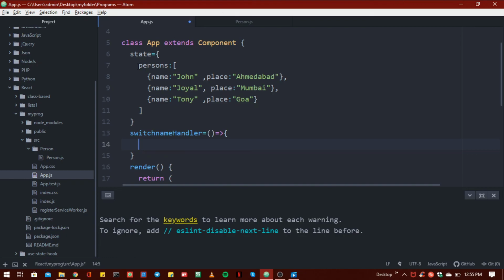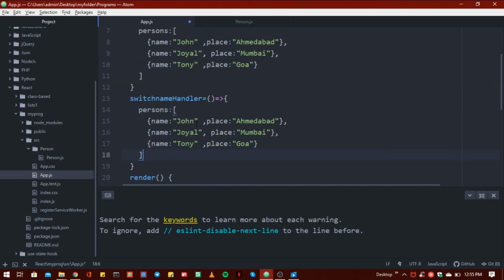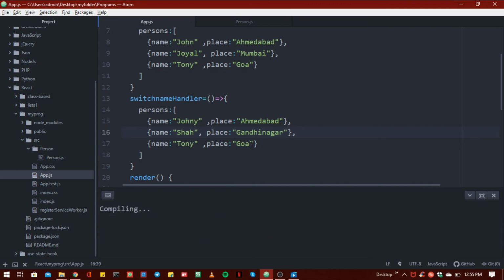And here I want to change this state. So now copy here inside, and I want to change the name like John to Johnny, Joel to Shah, and place to Gandhinagar, and save this first.